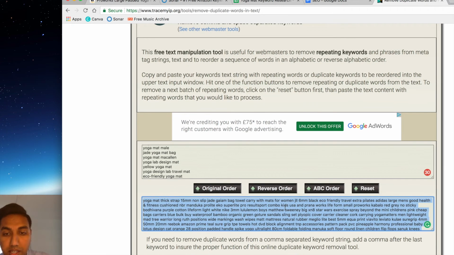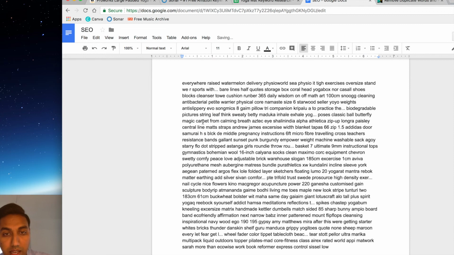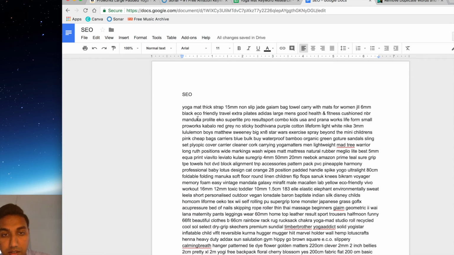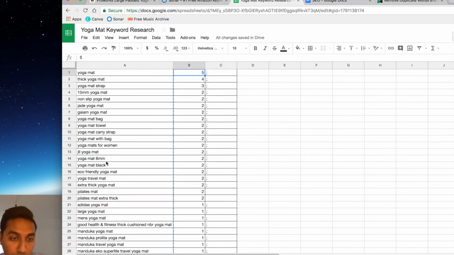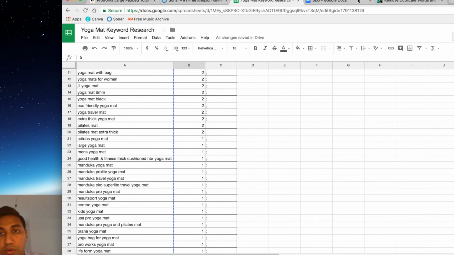All you do is copy this, get a blank page, and paste. You might want to have a quick run through to see if there's anything that's not relevant on this. You could actually do it at this stage, have a quick run through and just delete stuff that's not relevant. If you have too many words in here,